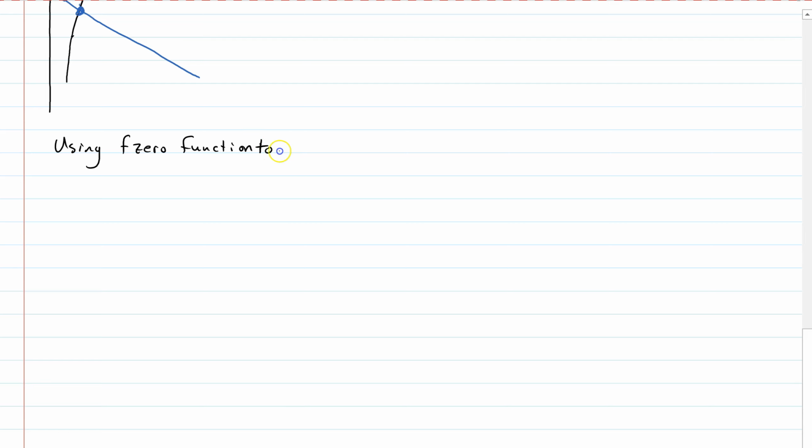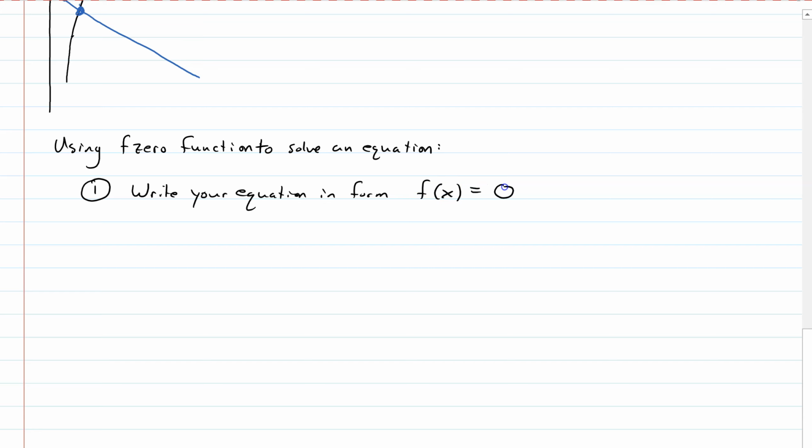So, using the fzero function to solve an equation. The first step is you write your equation in the form some function f of x is equal to 0. Okay, so in other words, you make one side of the equation 0. This is an important step, and this is a step that most people forget. Okay, as an example,